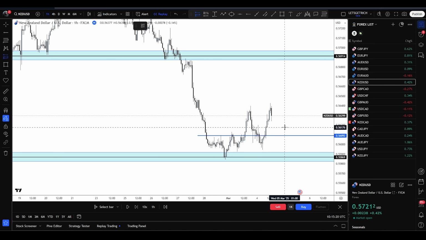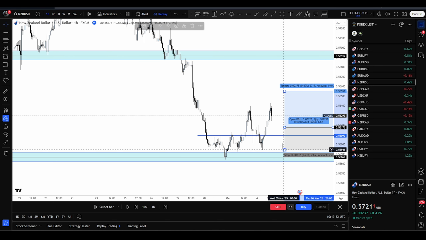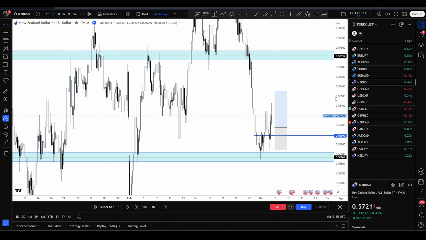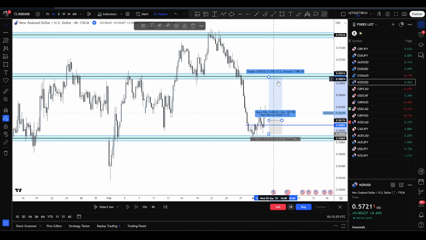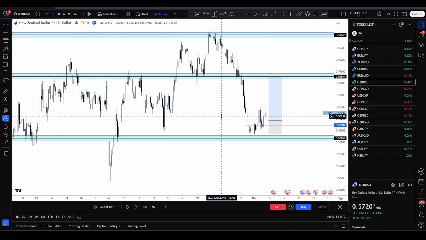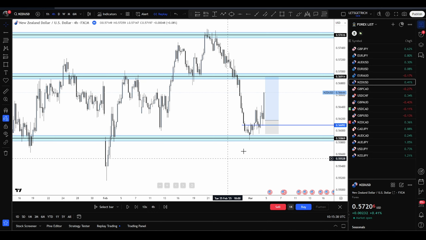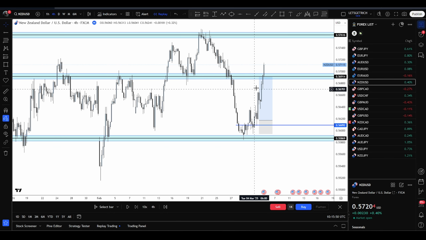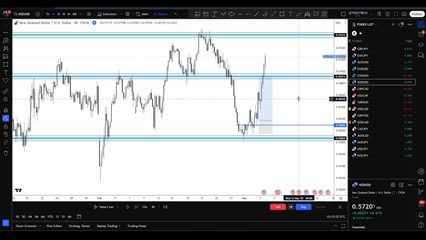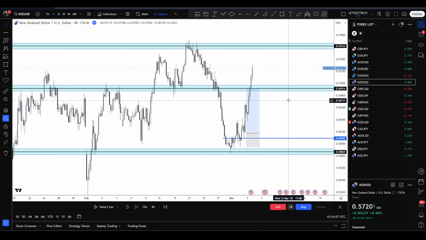So that was my entry, stops at this low, and then my target was at this next level of resistance, which is up here, so 3.16, but I caught about 3R, and then just watch to see how it plays out. Come back to retest this level of support again, and then we've had this big push, and from there I was like, yeah, cool, my stops will move to break even, and then we've continued and gone on to hit TP. So yeah, the trade played out well,